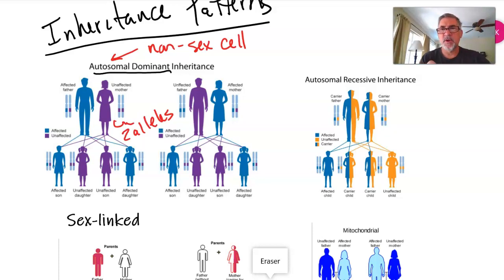Two alleles for each trait. So if mom has a dominant trait on one of her alleles, she'll equally pass that to both males and females. If dad has a dominant allele, he'll do the same thing. So my chance, if I have a dominant, is 50%. If I have a recessive trait, so remember autosomal recessive, right here. So autosomal dominant,